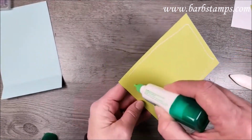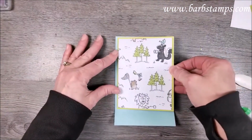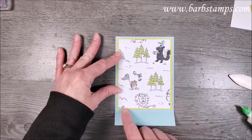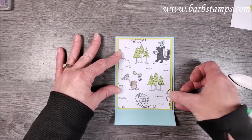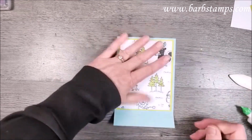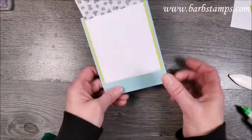So we'll get some more glue here. And then we're going to layer this right here. Again, since we're going to have this piece folded up, we don't have to have down here perfect, as long as the rest of them are. Okay, so then I'm going to open this and I'm going to fold this up and I'm going to staple